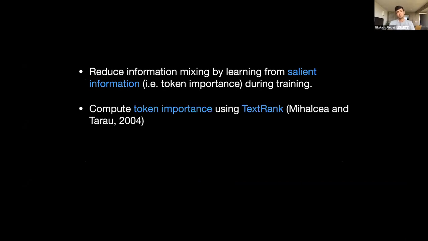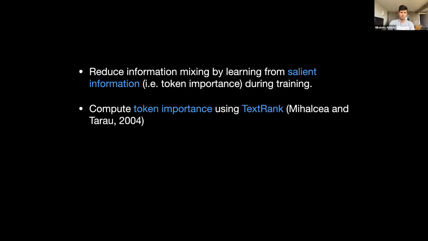So first, we compute token importance using TextRank. Actually, it doesn't really matter. You can compute token importance for a particular input sequence in any unsupervised way. We found that TextRank works quite well in early experimentation, and we stuck with that. It's very easy to compute. You just consider your text as a graph, and you apply PageRank to identify which words are more important than the others in one particular document, in one particular instance.